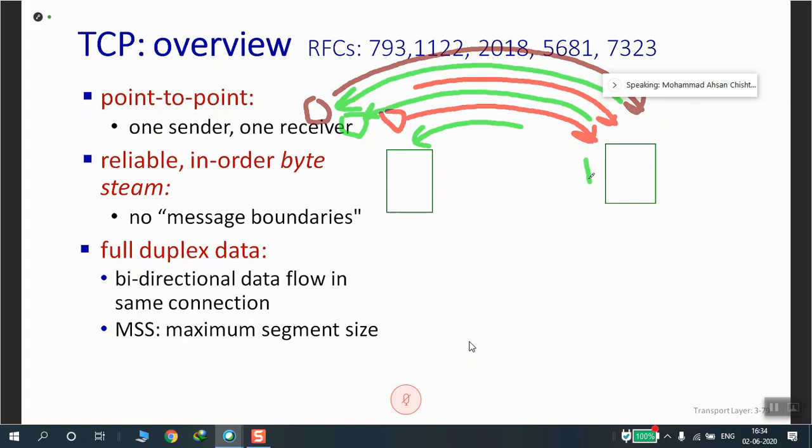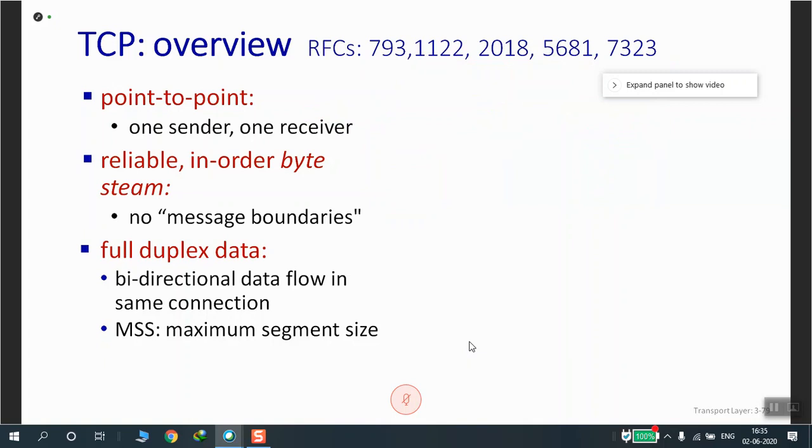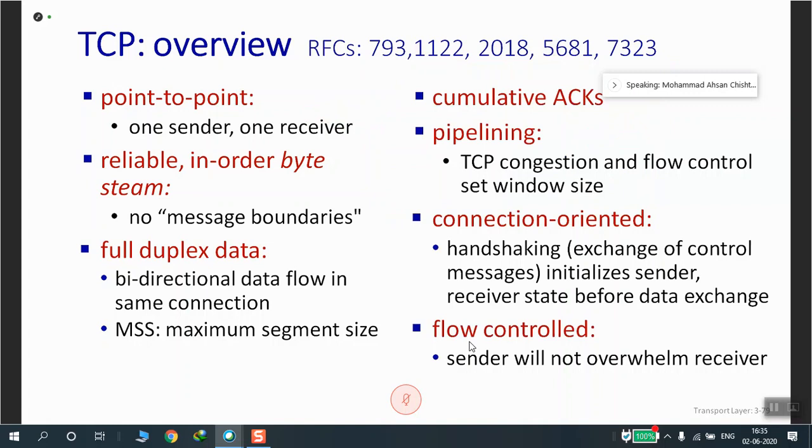Okay, so we got some points here. The next thing is, which I just now mentioned, that it won't be possible in multicasting to have TCP. It won't be possible to have TCP in broadcasting. Simple, we can say 2 is a company, 3 is a crowd. It cannot be maintained within 3 acknowledgements and so on. There will be a lot of confusion. That's why we have TCP working in point-to-point protocol.